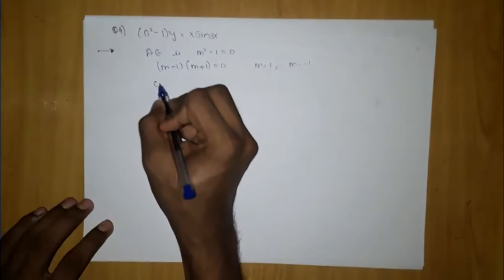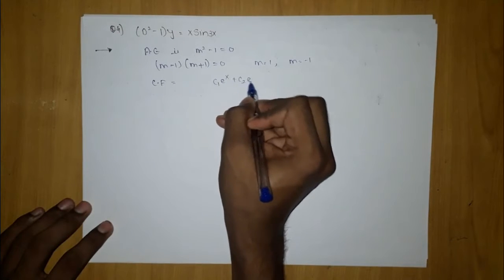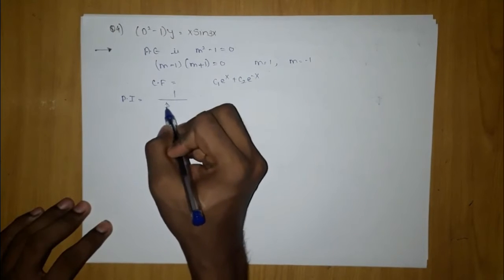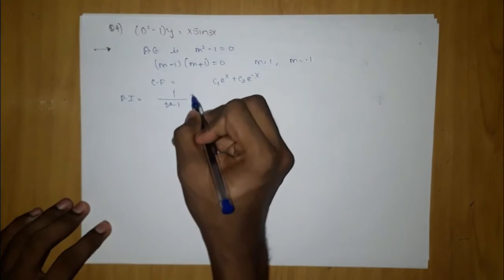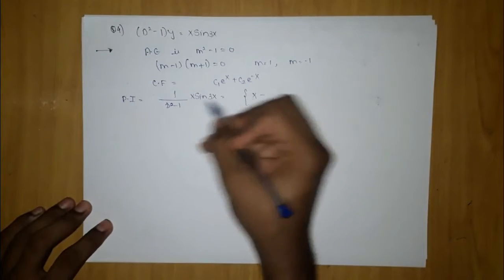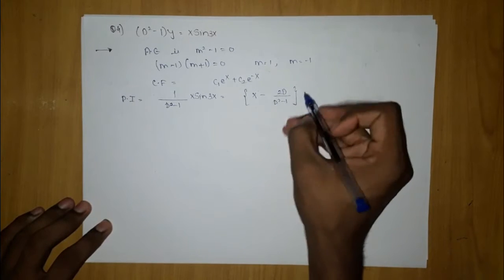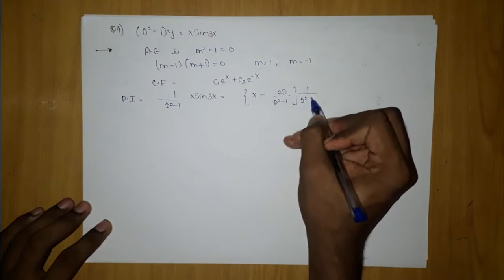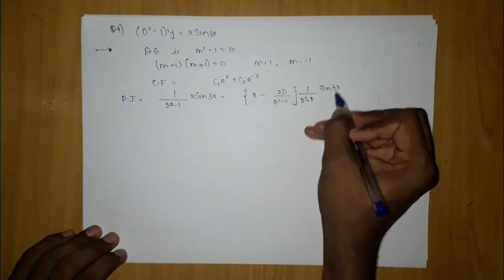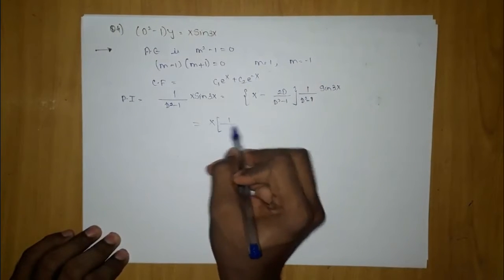So your complementary function is c1 e to the power x plus c2 e to the power minus x. Your particular integral will be 1 by d square minus 1 into x sine 3x. After this we will write it in the format of x minus its differentiation 2d by d square minus 1, bracket close, 1 by d square minus 1, which is f of d, into sine 3x. Here we don't write x, we will multiply the things, which will give me x bracket 1 by d square